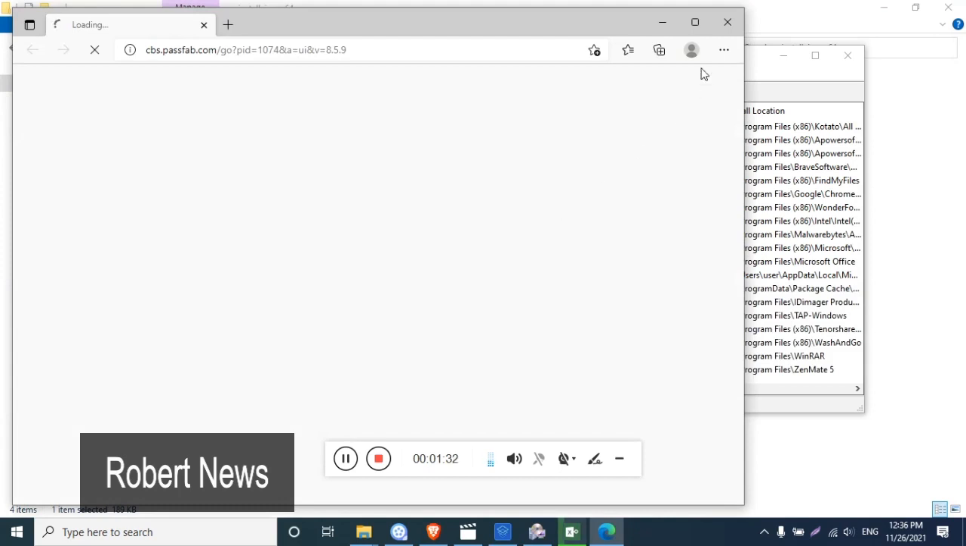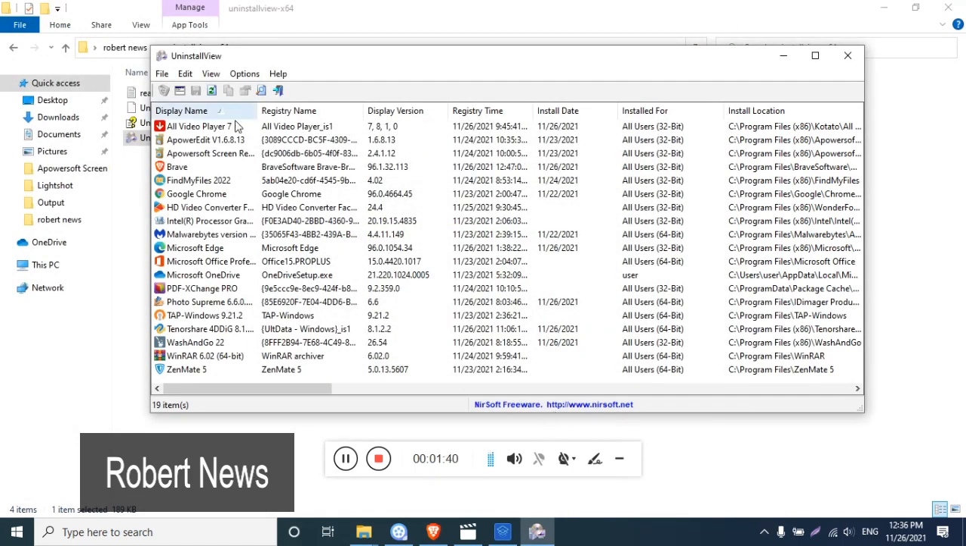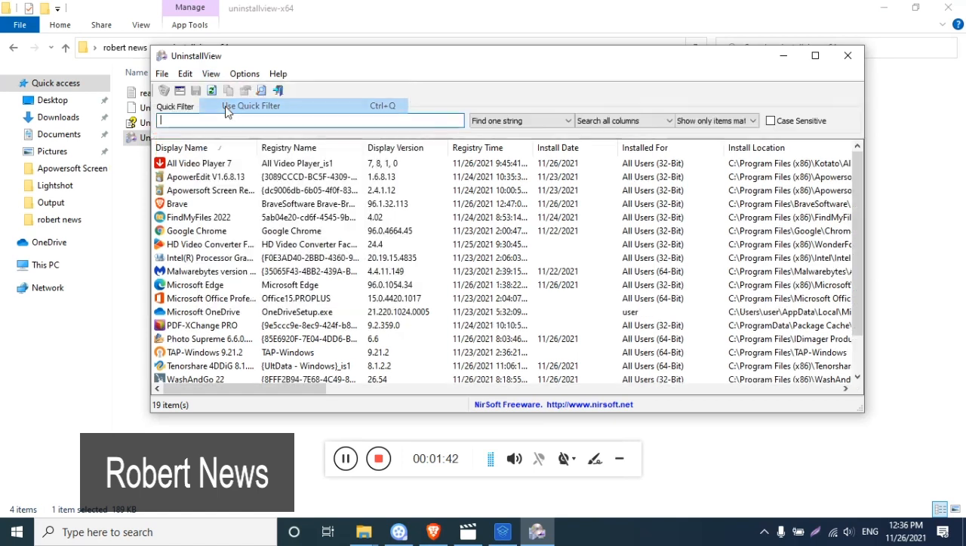In this application, very easily. Same like, it is a portable application. You can uninstall easily with the different types of uninstall, like uninstall